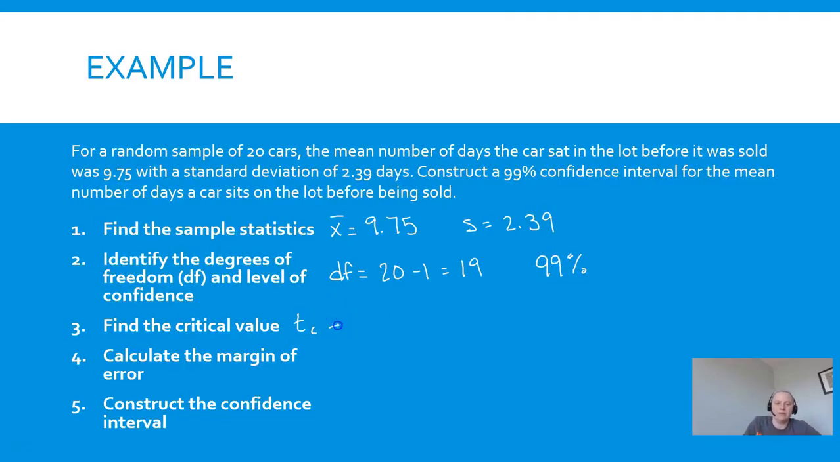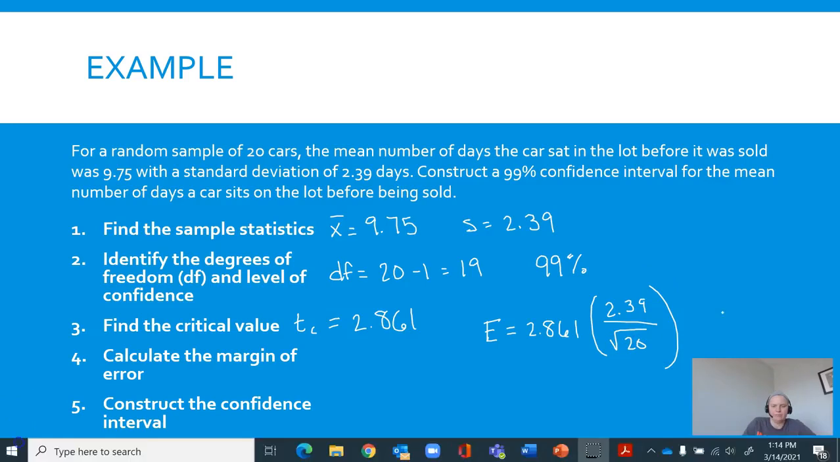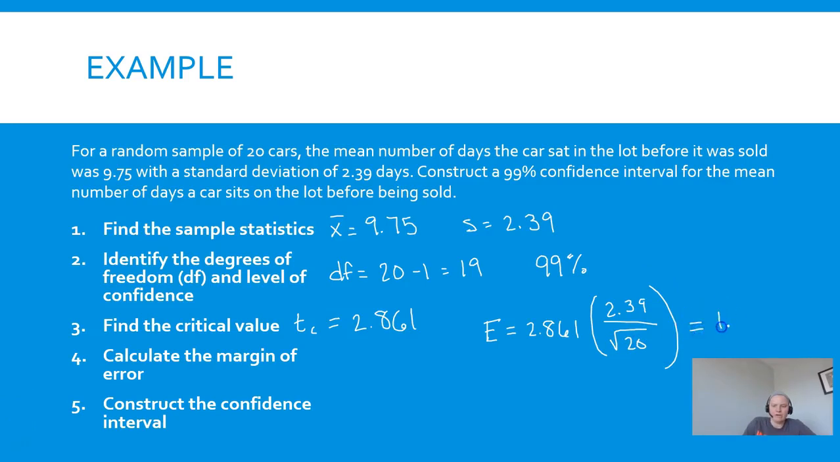Okay, so my T sub C is going to be 2.861, and that number just came from the T table. So now margin of error, all right, is T sub C, so 2.861, times standard deviation, 2.39, over square root of the sample size, which was 20, and then we do that math. All right, and I'm going to round this to the nearest hundredth, so I got 1.53 as my margin of